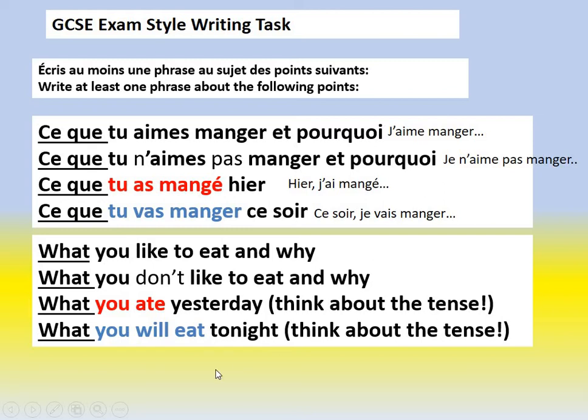Now, you want to show off, right? You want to show what you know, link words and so on and so forth. Due to the nature of the questions here, you're going to cover your tenses. Yeah. This is present tense, j'aime manger, I like to eat. This is past, this is future, it is what it is. So you're going to cover all of that. So see what you can come up with, type it all up, and see how you do.